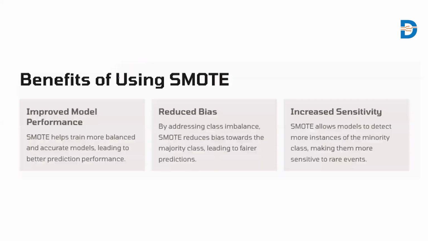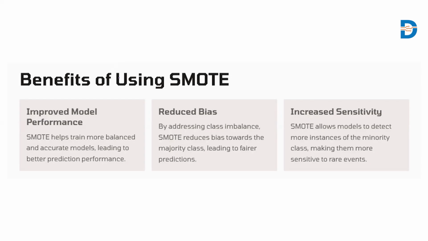By doing this, it addresses the following 3 points. First, you can see an improvement in the model performance. Obviously, when you have an equal number of records for your yes class as well as the no class, that is attrition yes and attrition no, the model will have a great understanding in classifying both the records.